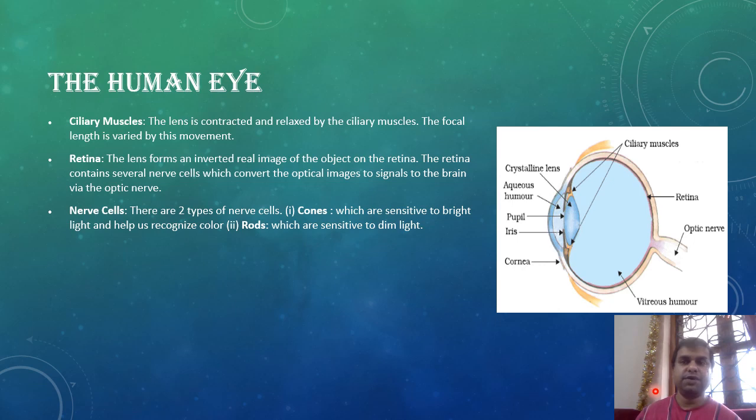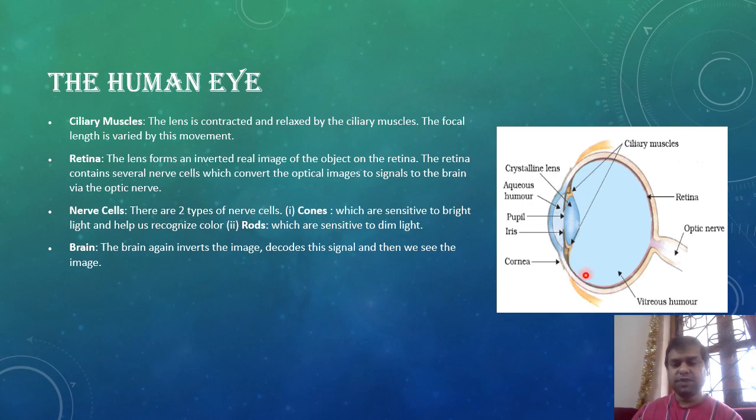And that is the reason why we keep blinking. Not always that dirt goes inside. We keep blinking to keep that part of the eye moist. And the aqueous humor does that job of making sure that the outside of the eye is moist, otherwise our eyes would just be shut. It needs to be moist a certain amount. It's not like wet, just moist. So aqueous humor does that job.